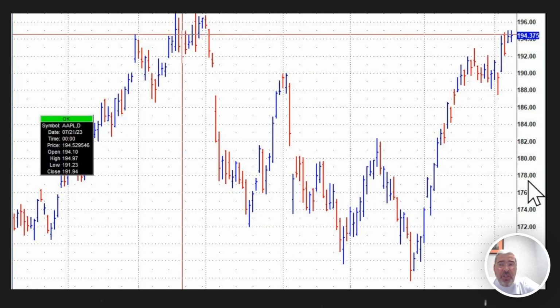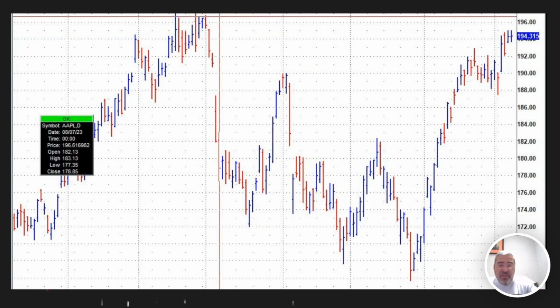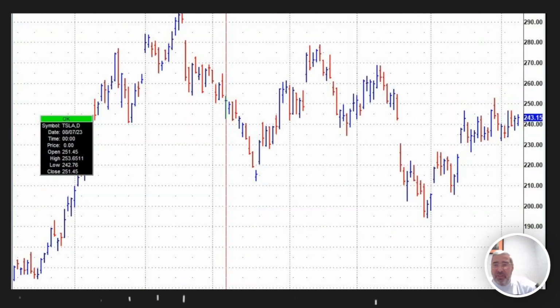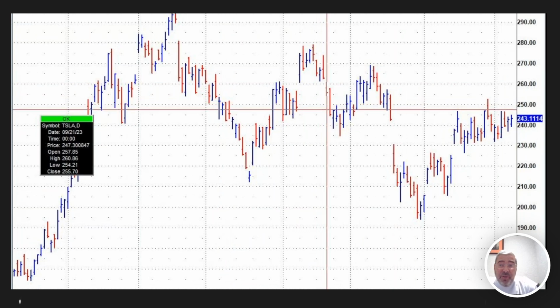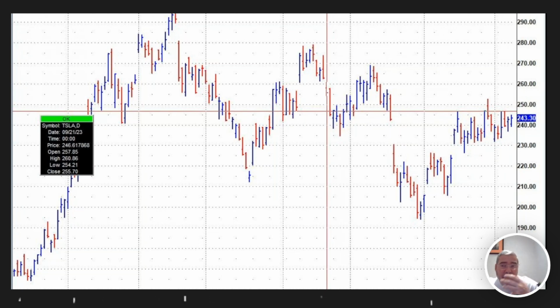So what do you need for the energy? You need accumulation. As you see, we had no accumulation. So let's go with Tesla. Everybody loves Tesla. Tesla right now is in a very good stage of accumulation. So you see, the stock has been accumulating since November 10th. So for 1 month we have accumulation. First of all, the good part: Tesla is not pulling back. That's the good part. Bad part: